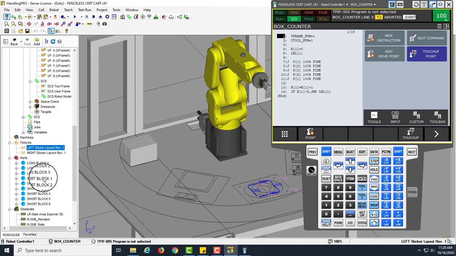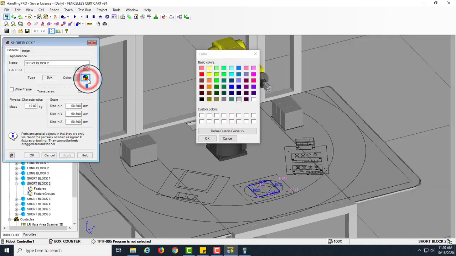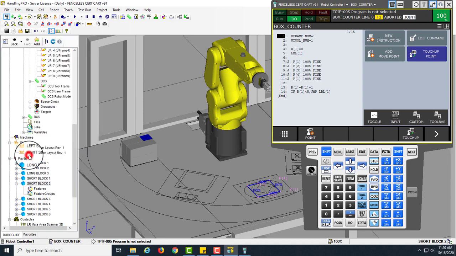The only thing that we can really do is isolate a specific block, like short block 2. The only thing I can really do is change the size or something like the color. But I can't click or move it or do anything in the part itself. That's all done through the fixture. So again, similar to SolidWorks, if you want to have a part that exists in RoboGuide, it needs to be